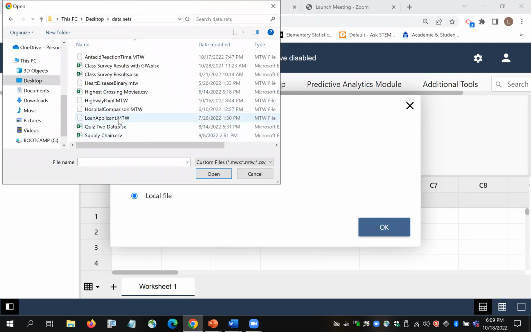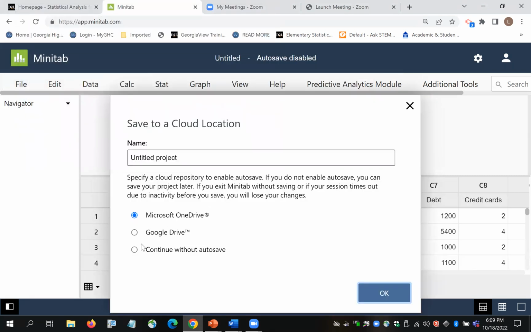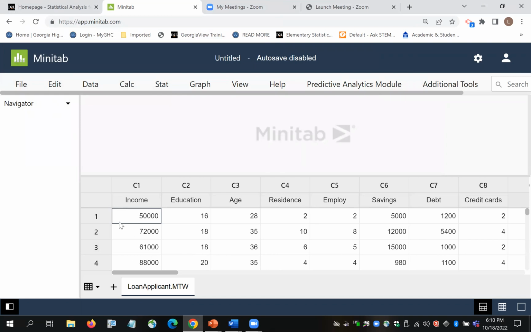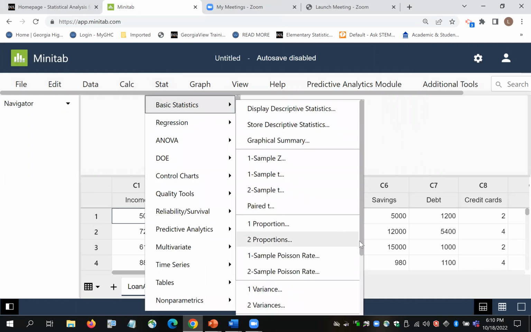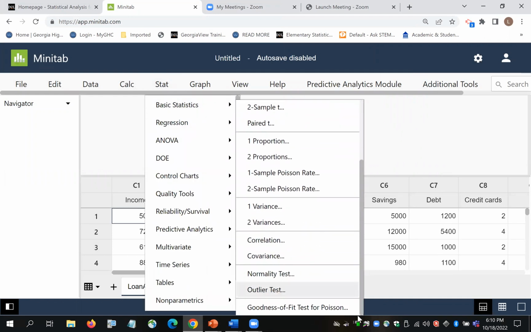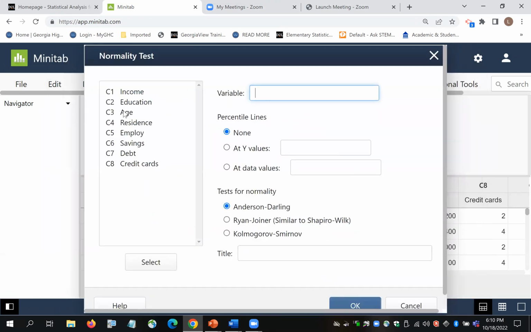Okay, so let's say we're looking at loan applications. I just pulled in a data set. It doesn't matter which data set I use. I need a quantitative variable. So let's say I look at the income for the loan applicants. So when I run the normality test on that variable,